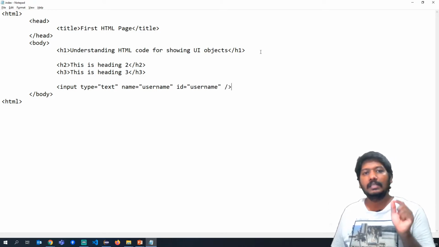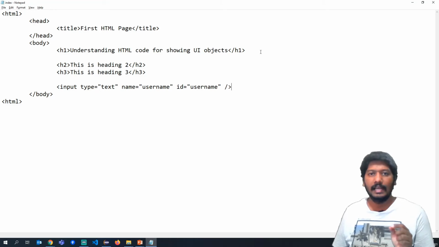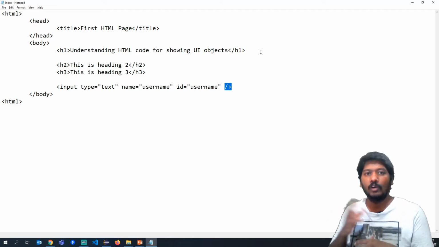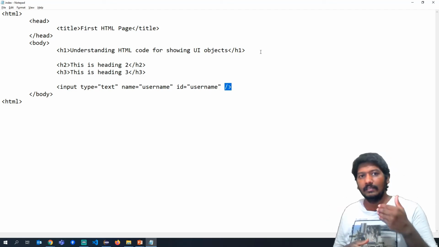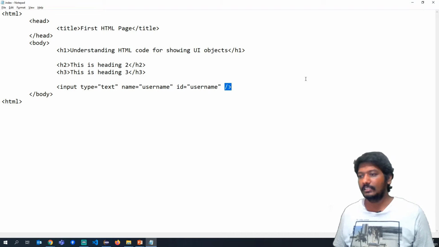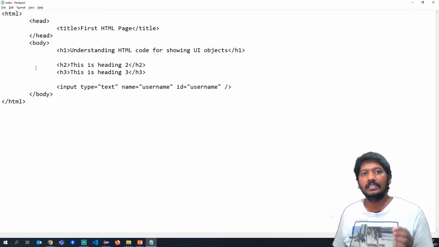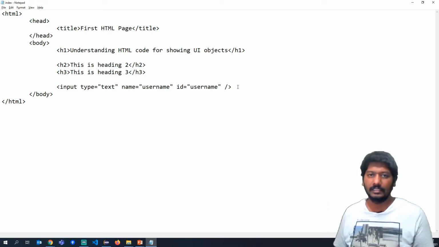So this particular input tag has a closing in the same tag itself. You don't have to write two tags, like a starting tag and an ending tag, as we have for HTML. Okay, here there is a small mistake. It has to be a slash, so that it means this is the starting tag and this is the ending tag. Similarly, you have that for body also, but for input you don't have to write like that. You can directly close it in the same tag.